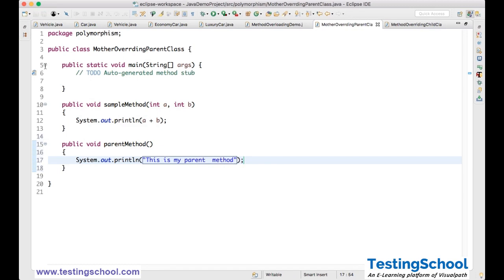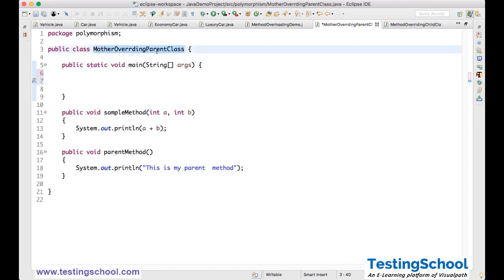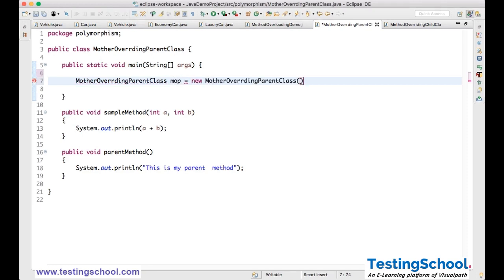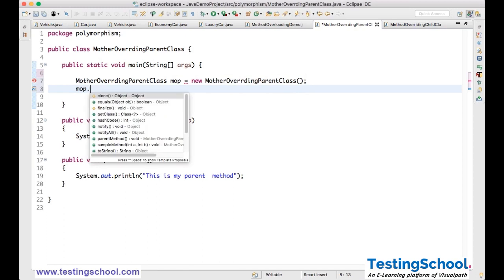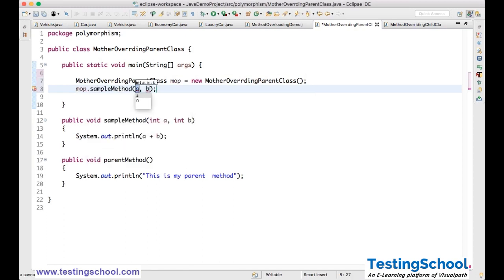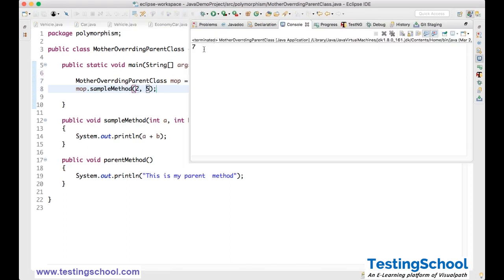Okay. So now you are creating an object for this, and calling sampleMethod 2, 5. Okay. When I run this, it will give me 7. So till here it is very common. When you go to the child class now, method overriding child class, what I'll do here,